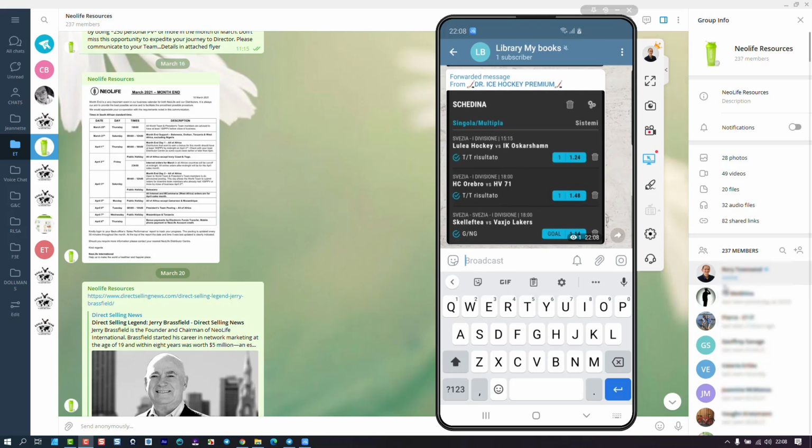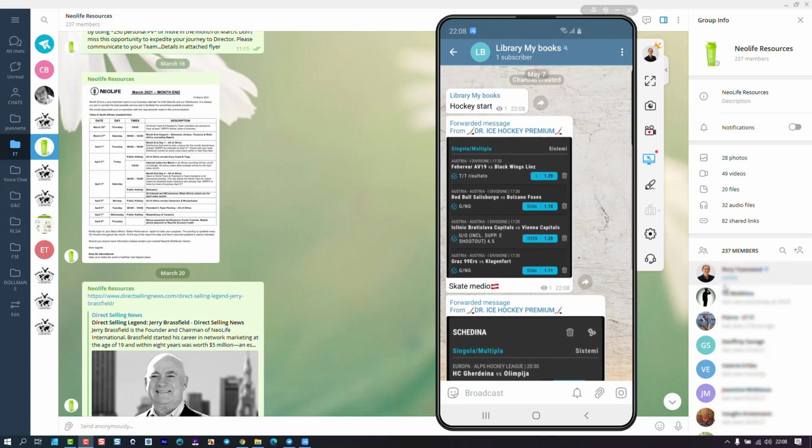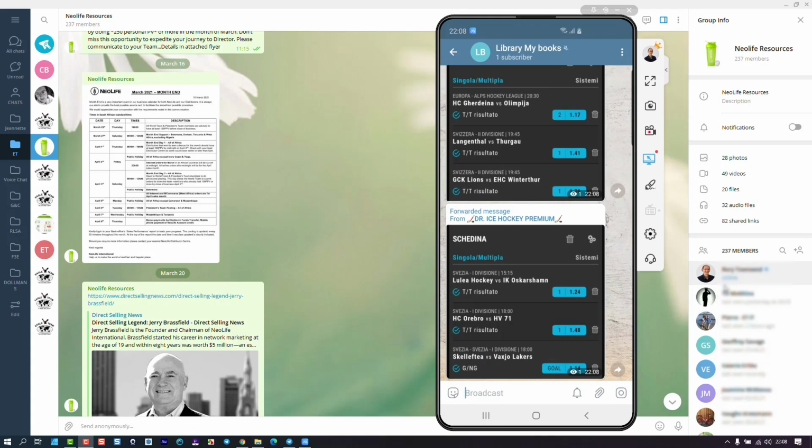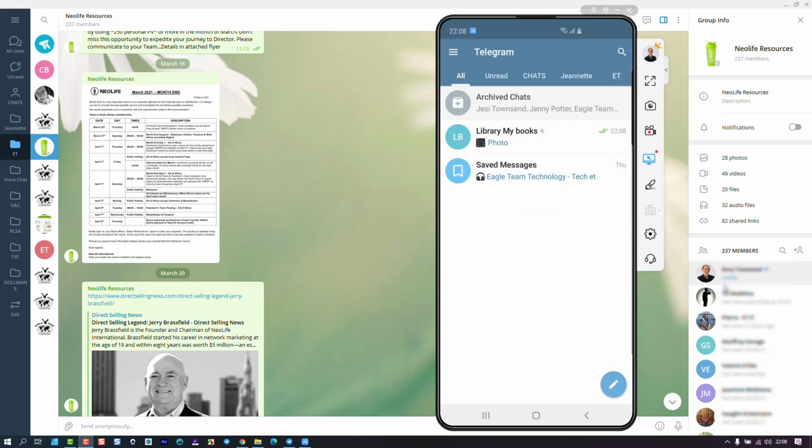And there you see, let's just see, it's pulled these 3 in here. Then you can go to any other channel, any other group that you are a member of or that you have access to. You do the same and send it over here. So this will be the space where you will keep your selected things coming through. So let's just go do one more.